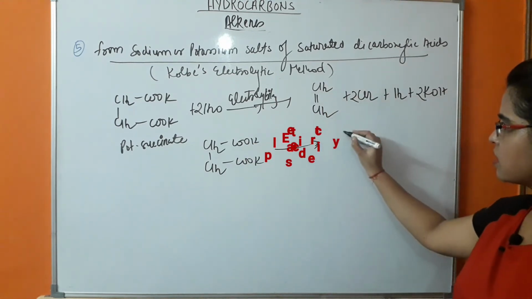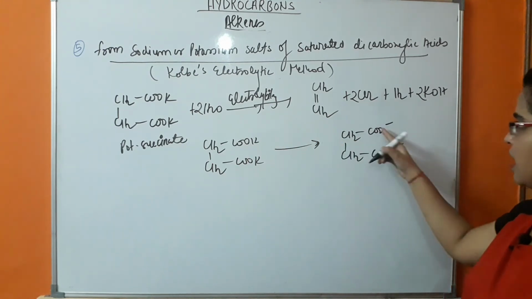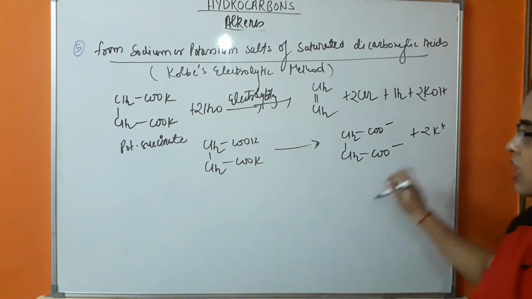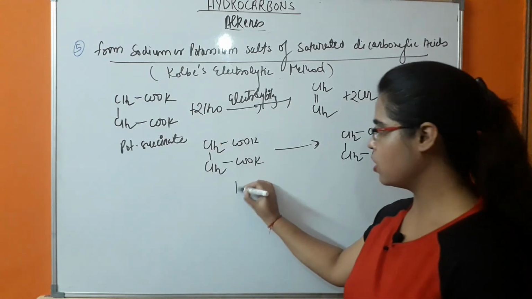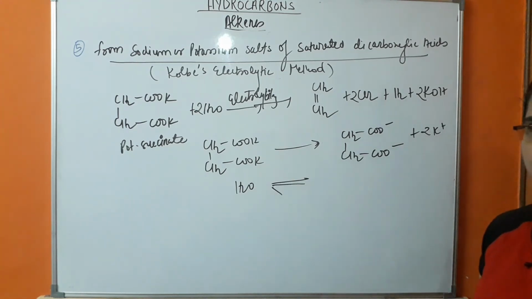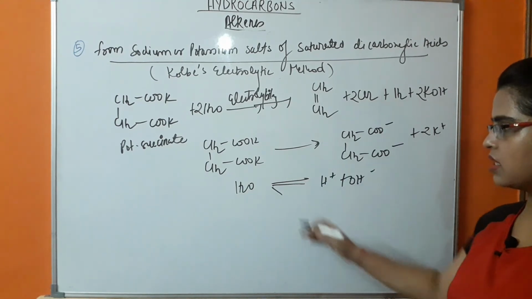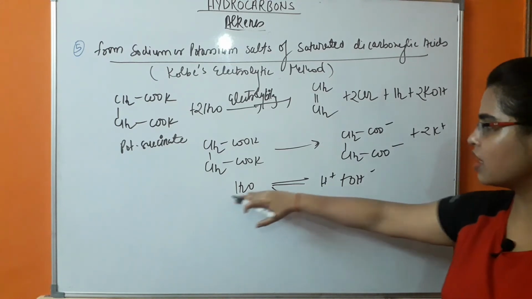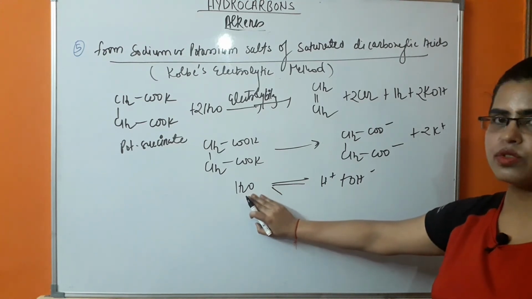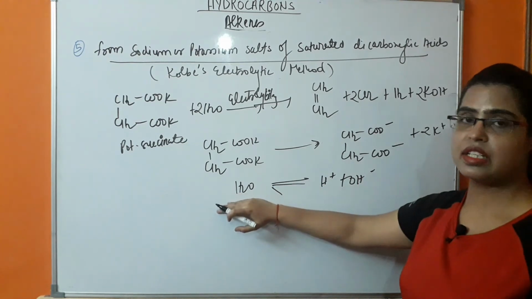So in this case, first it will dissociate into ions, that is cations and anion. This is the anion, and there will be removal of 2K plus, that is the cation. Next, in the presence of this strong salt, neutral H2O, which is weak, will ionize into H plus and OH minus. This is partial ionization. It means it is not completely dissociating, so this is represented by a double arrow. It means it is a weak electrolyte.